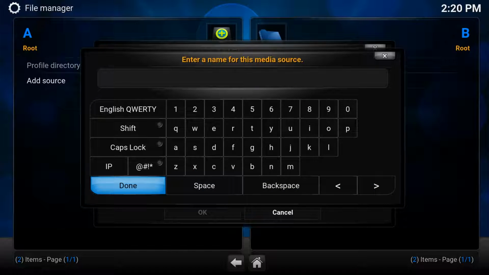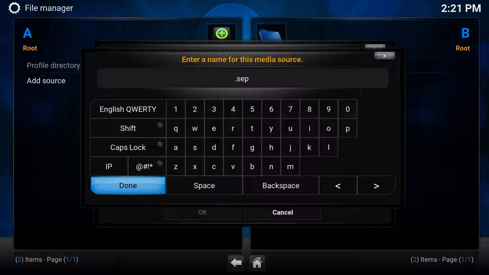Now, the way it's organized, as we'll see in a short while, is in alphabetical order. What I want to do is differentiate the repositories that I'm going to install from the various locations that are already there as standard. I also want to keep them at the top so I can utilize them quickly without messing around. So an easy way to do that is put a dot in front of it. Sounds complicated, but it's not. Then what I do is name it.